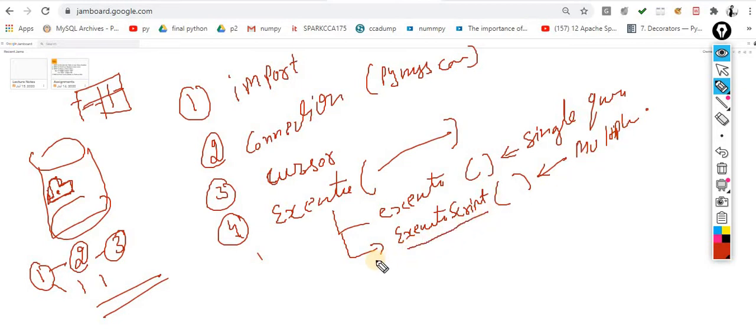The third one is execute many, for the parameterized query. What is the meaning of this? For example, you are asking the user, please tell me what your requirement is, which roll number you want to see.